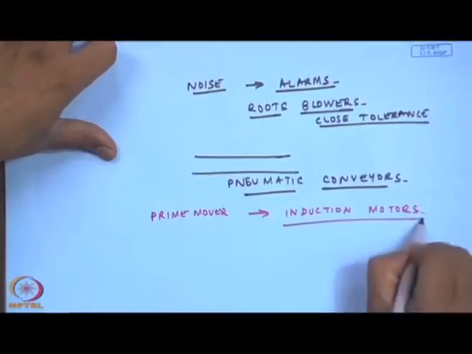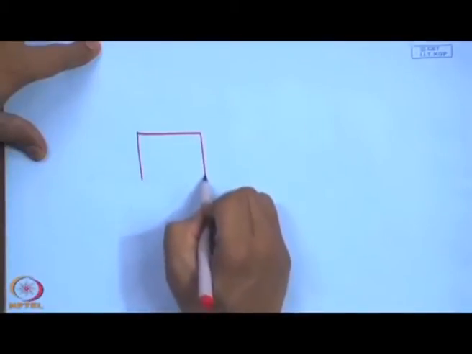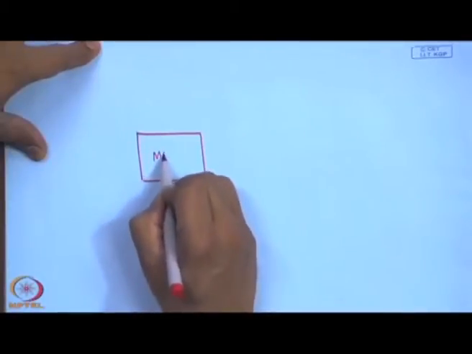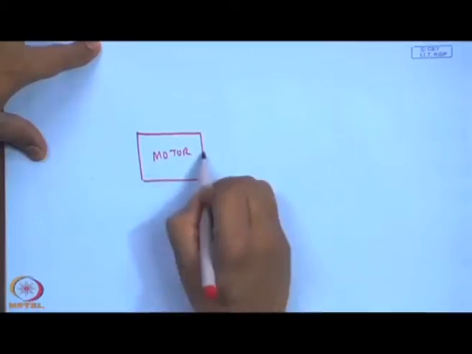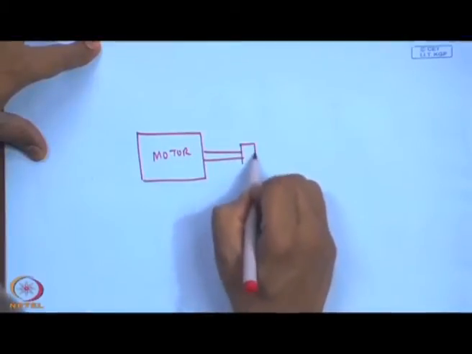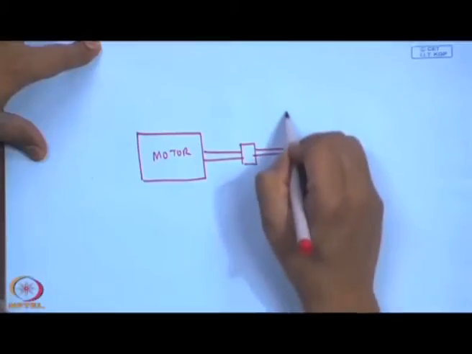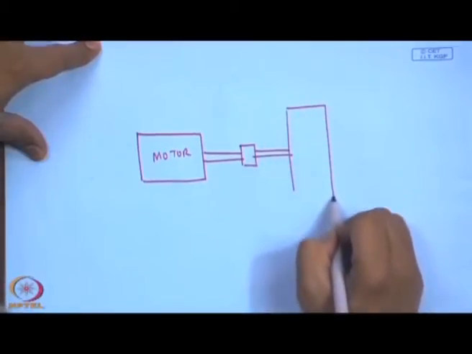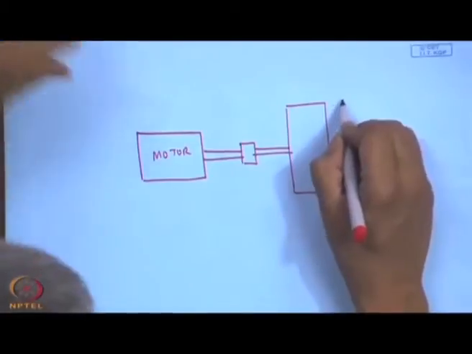Usually in such systems we do not have a gearbox. So, basically this is a motor, and then there is a coupling, and then there is a fan unit,